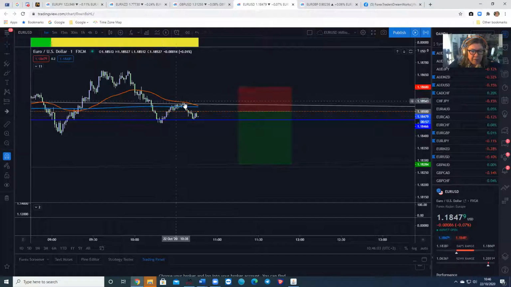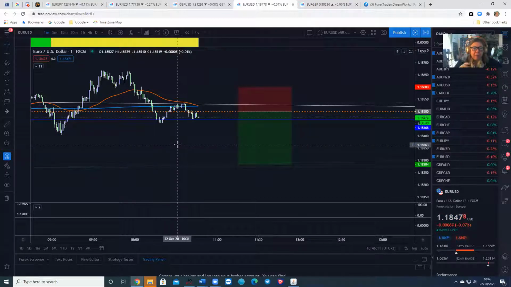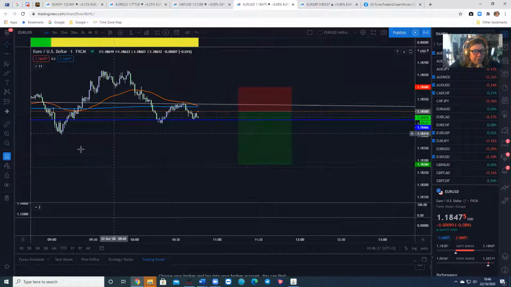The orange line is a rolling line of support and resistance called the 62 EMA, exponential moving average. So it's measuring 62 candles, in this case on the 1 minute time frame. It'll work on any time frame. It measures a set of 62 candles, and exponential as opposed to simple moving average means it's weighted more towards current price, whereas a simple moving average is just averaging what price is doing over 62 candles.